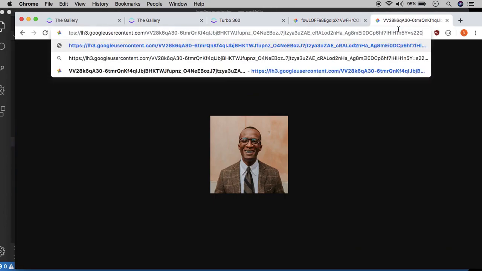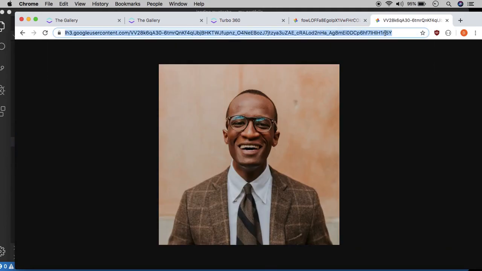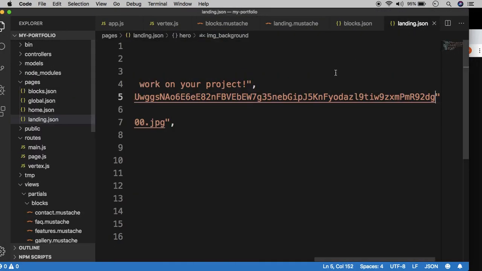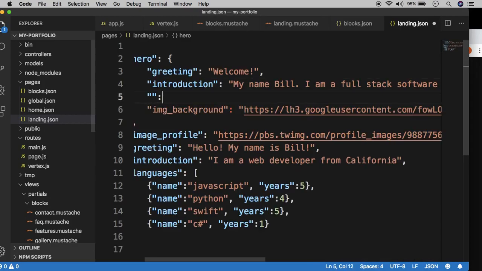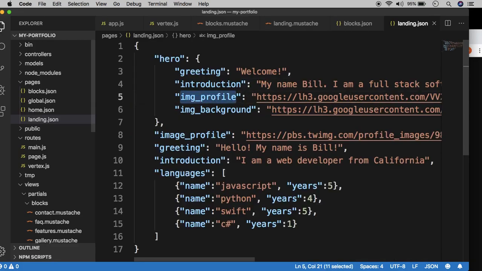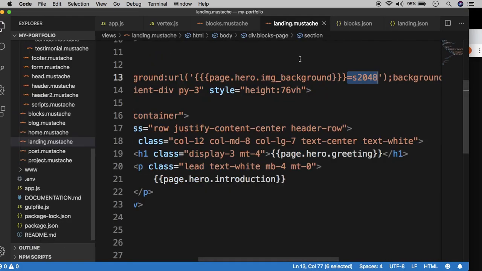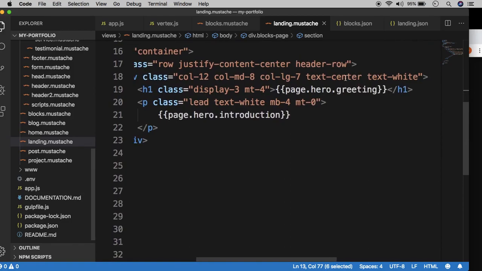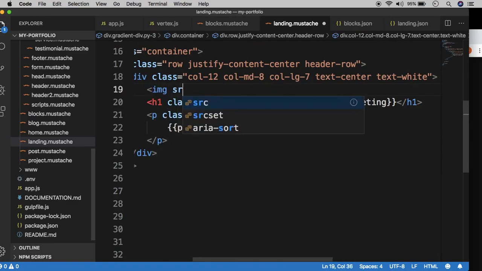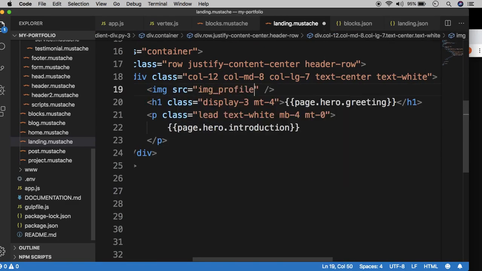Now here is the profile image. So let's go ahead and copy that and go back to landing.json, and then let's create a new image entry. So img profile, and then let's paste in the image from the platform. And then let's add an image entry in the template. So head back to the landing.mustache, and then over here above the header 1 greeting, let's do an image tag,